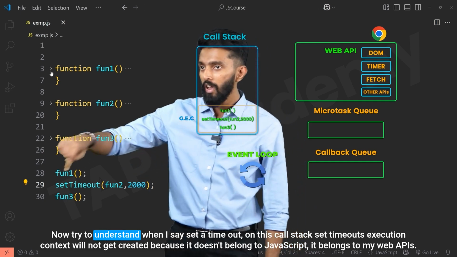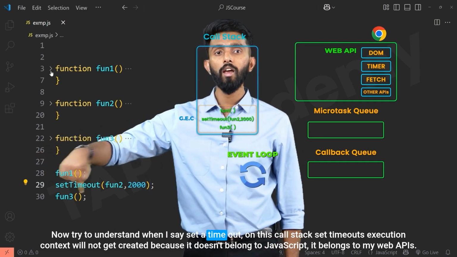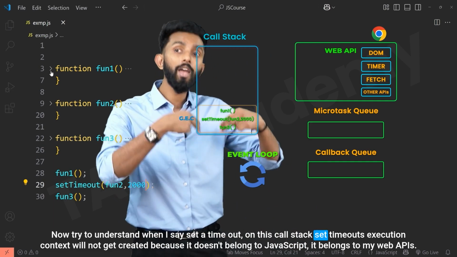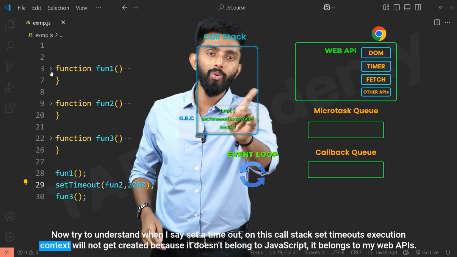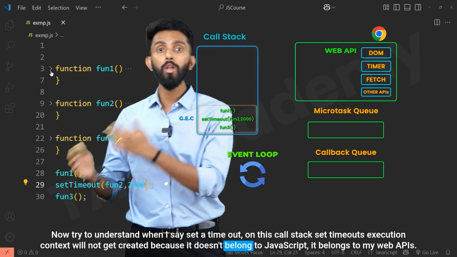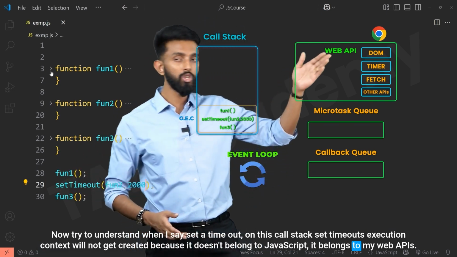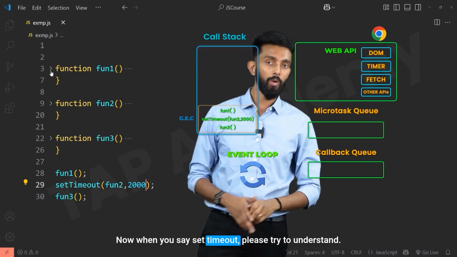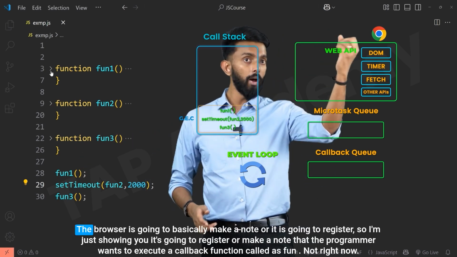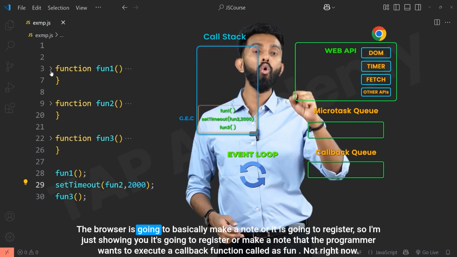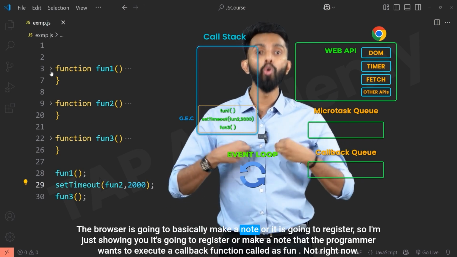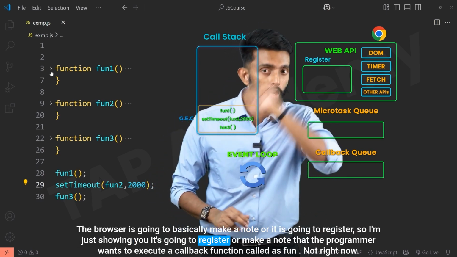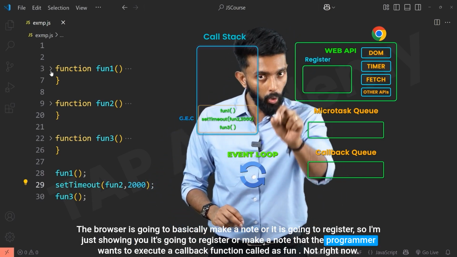Now try to understand, when I say setTimeout, on this call stack, setTimeout's execution context will not get created because it doesn't belong to JavaScript. It belongs to my web APIs. Now, when you say setTimeout, please try to understand, the browser is going to basically make a note, or it is going to register. So I'm just showing you, it's going to register or make a note that the programmer